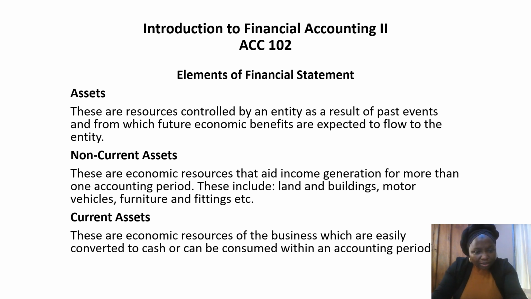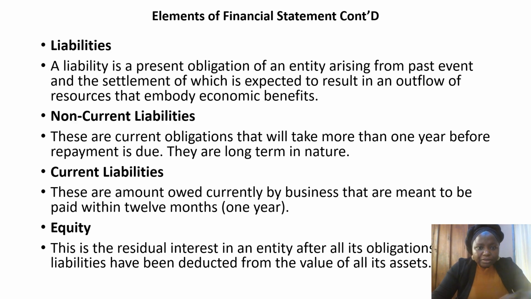So under the current asset, we are likely to see items like that. Then we have what we call prepayment. That is when somebody has paid but has not enjoyed the benefit for which the payment was made. We call such payment a prepayment. Of course, it is an asset, but the benefit has not been enjoyed by whoever has paid, by the customer. We classify that as part of current asset because it is related to that one accounting year end and not